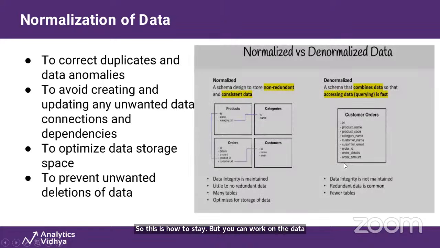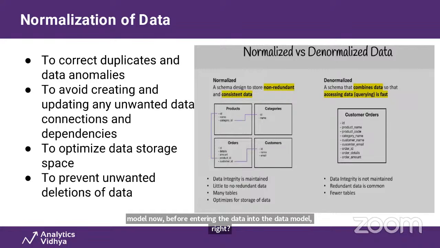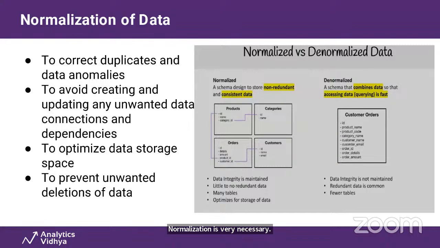Now, before entering the data into the data model, normalization of data is very necessary. What is normalization? It's an essential part of product information management, and it prevents the data from being replicated in two tables at the same time, or unrelated product data being gathered together in the same table. It helps to streamline your data and make it more compact and more precise in terms of storing the data. It's simply the process of removing any duplicates or anomalies